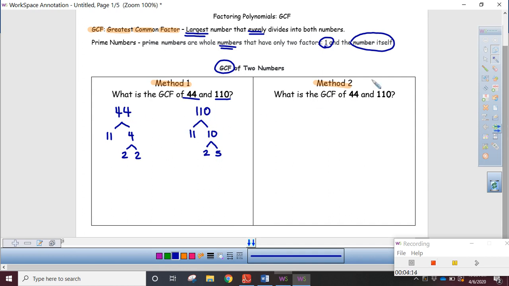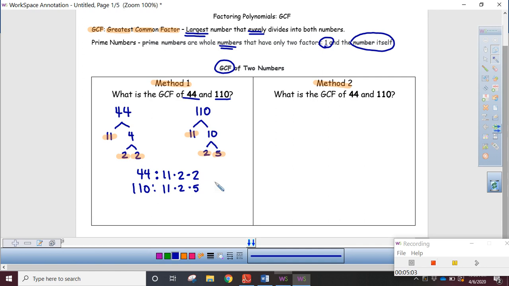Then we're going to find which numbers they have in common, and that's how we find the greatest common factor. So for 44, we had 11, 2, and 2, which is 11 times 2 times 2. Then for the 110, we had 11, 2, and 5, which is 11 times 2 times 5. Okay, now what I want to do is see which numbers,